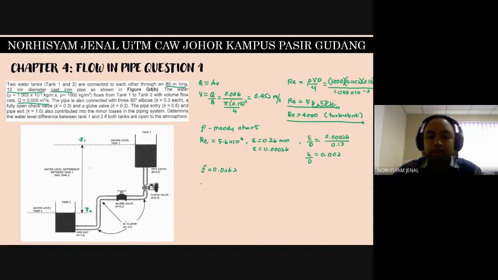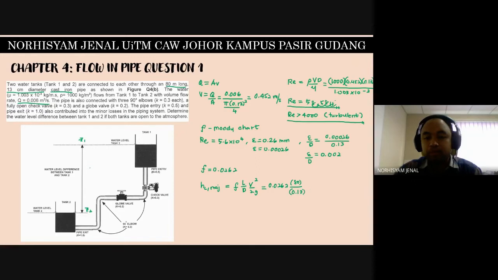So now we can find HL major, which is equal to F L over D V square over 2G, which is equal to F 0.0262. L should be here, 80 meter long given in the question. If not, you have to calculate each one of these pipe length, but it's given. So 80 meter long, diameter is